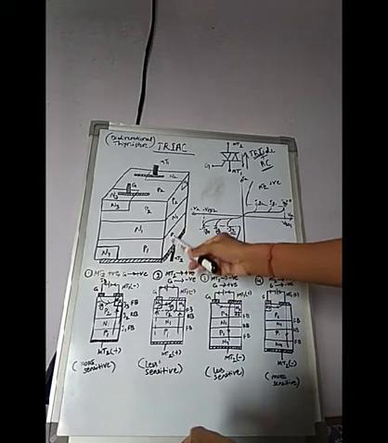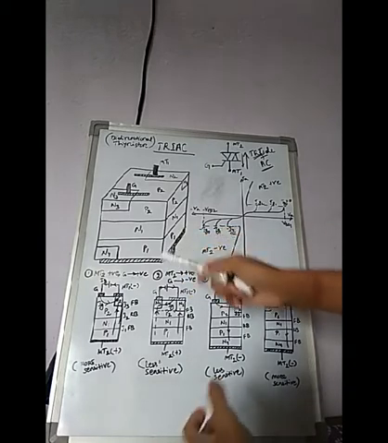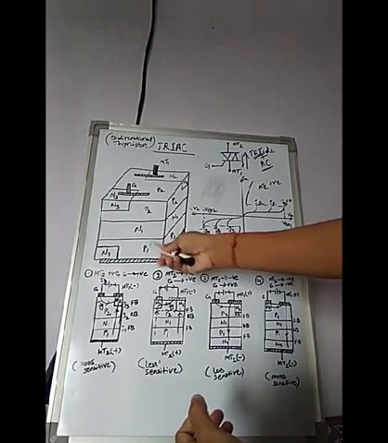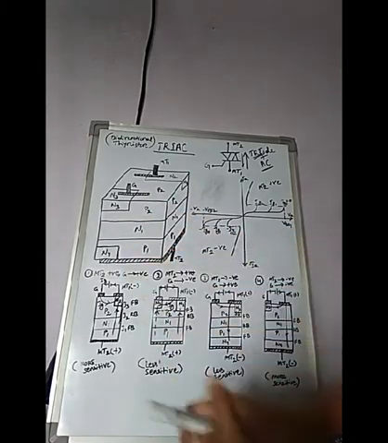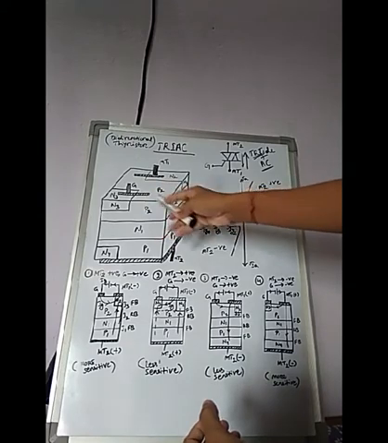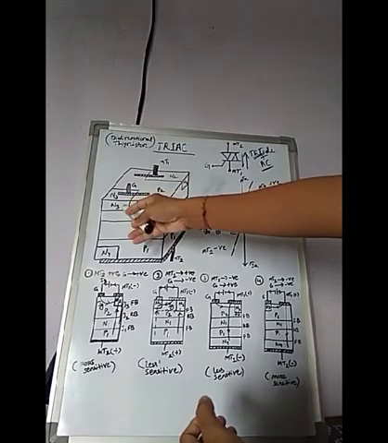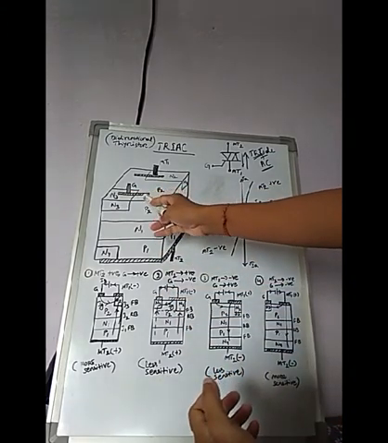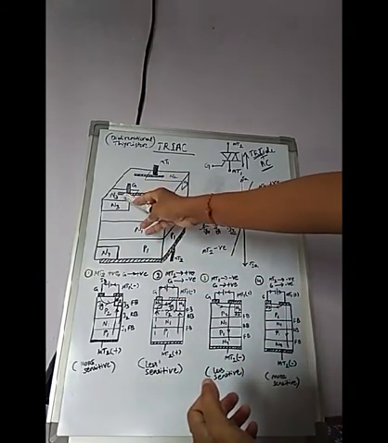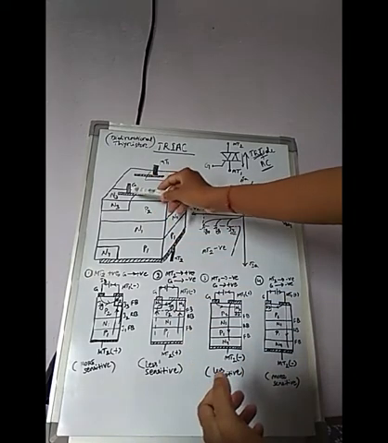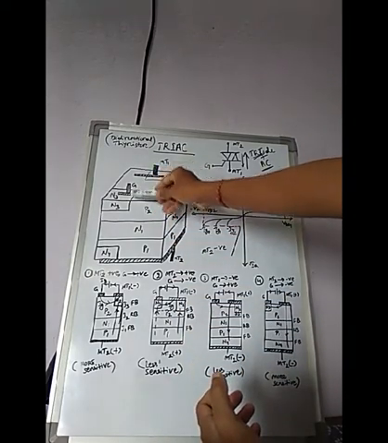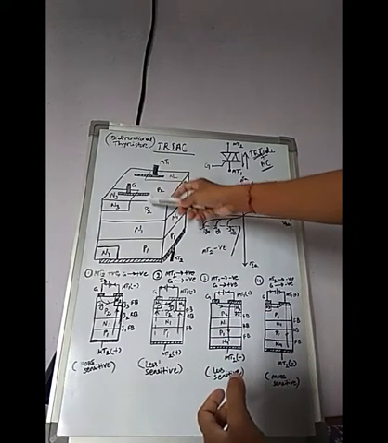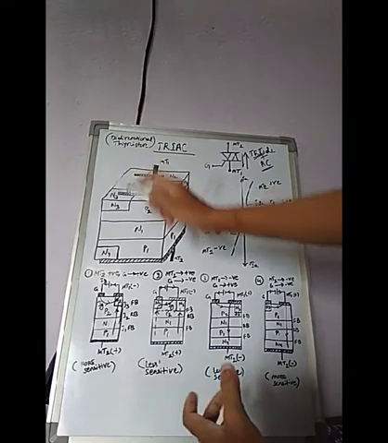So here, over the P1 layer and N4 layer, there is one metallic layer. From this metallic layer, the MT2 terminal is taken out. That means this MT2 terminal is connected to P1 as well as N4. Similarly, over the P2 surface, N3 layer and N2 layer are diffused. So here also a metal layer is deposited which is connected to N3 as well as P2. The terminal connected here is the gate terminal. That means the gate terminal is connected to both P2 and N3 layers.